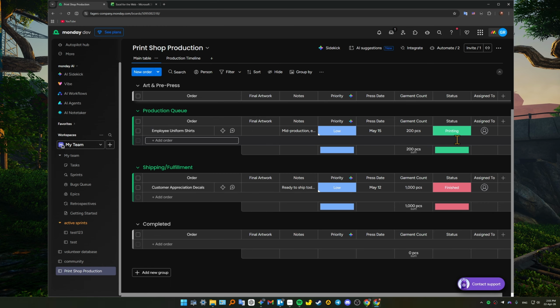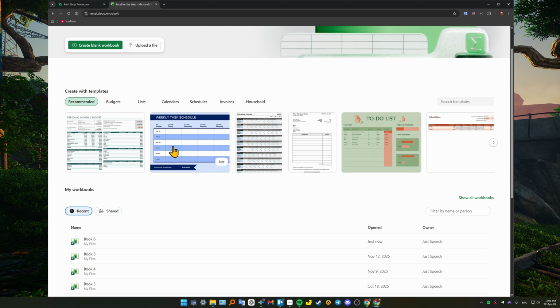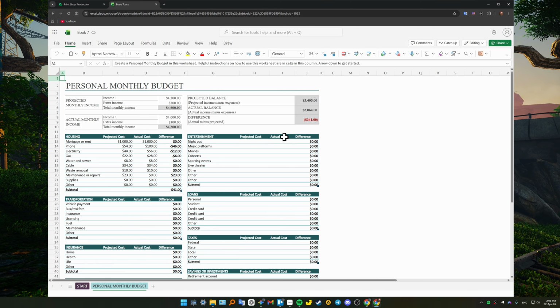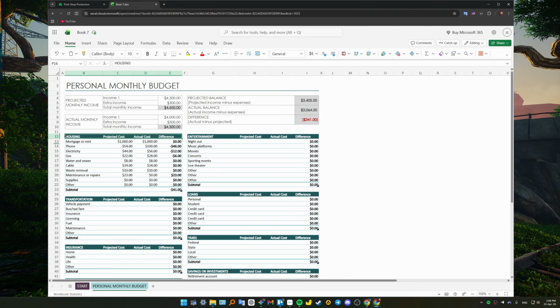So if you just have a list of names or tasks, you can just go to Excel. Let us just open this template here, for example, and then you can just highlight the column and hit Control-C. So for example, I will choose this housing and mortgage and just Control-C. There you go. When you copy it, as you can see, there's this moving outline, and then you go